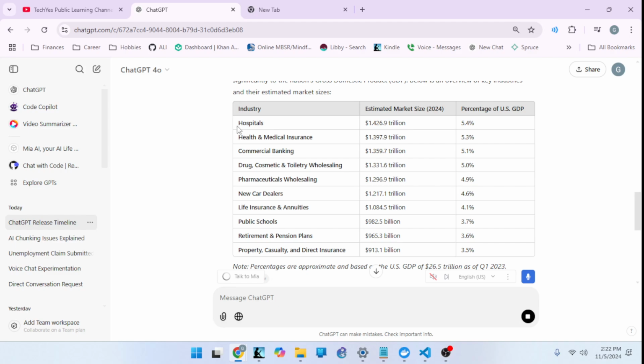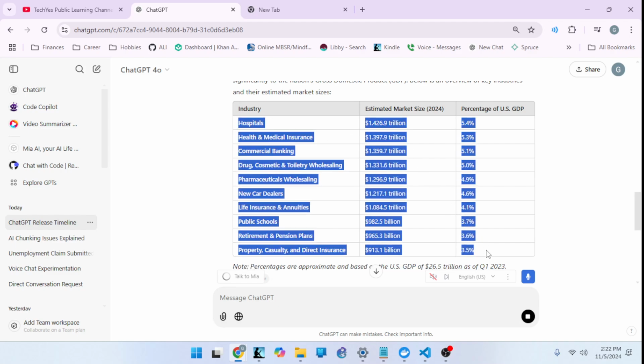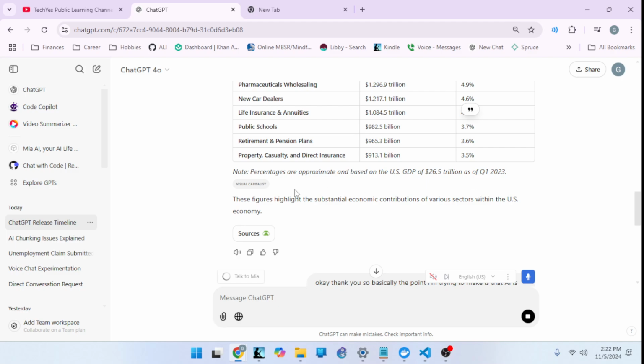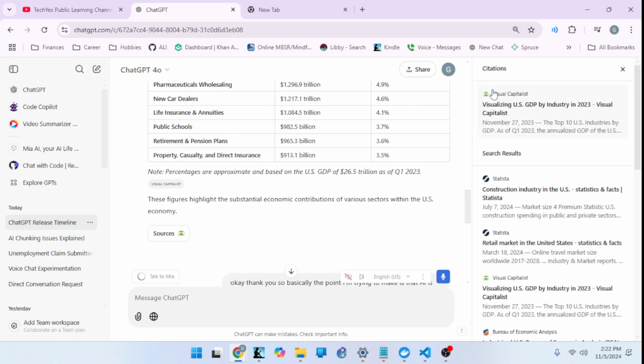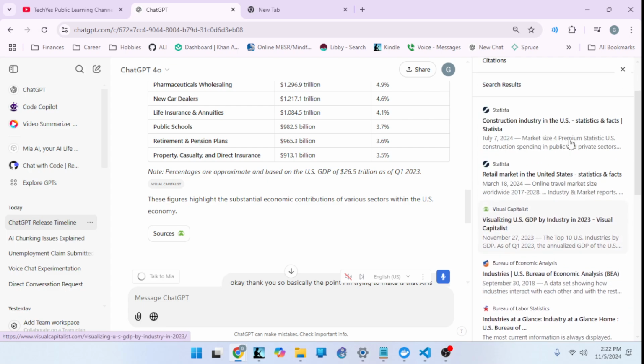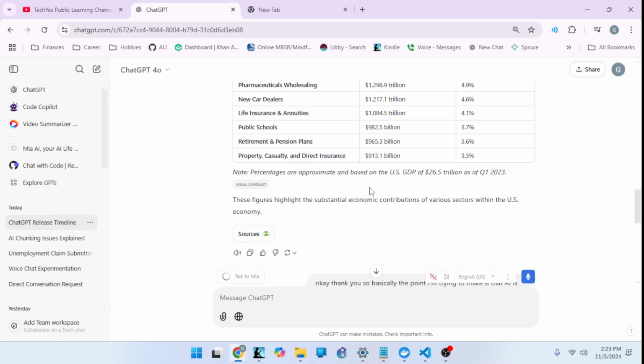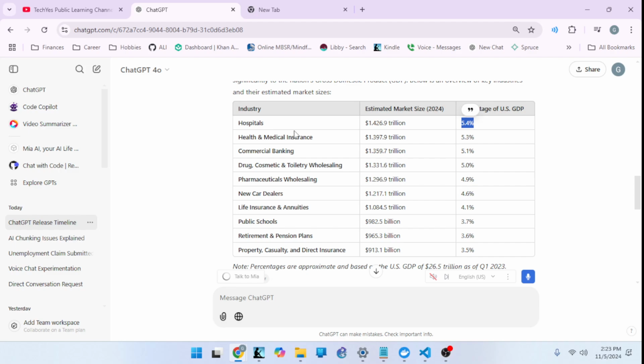Yeah, so we can see not a lot of industries are multi-trillion dollars. So this takes a large chunk out of the percentage of US GDP. And then in this list, and granted this is just a hallucination, these are estimates by the AI. Now we do have sources here, which is a new feature. It looks pretty cool. So I think it's probably fair.